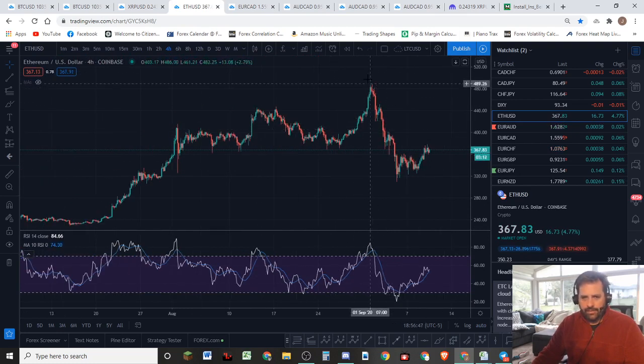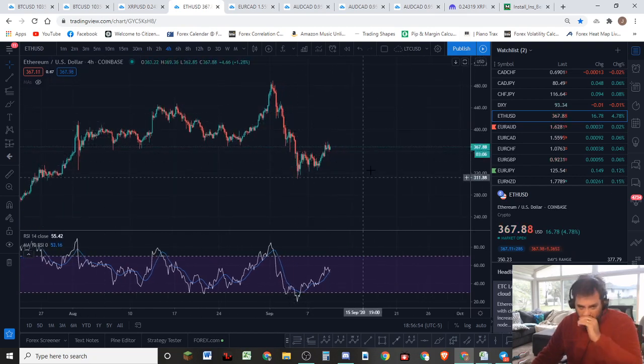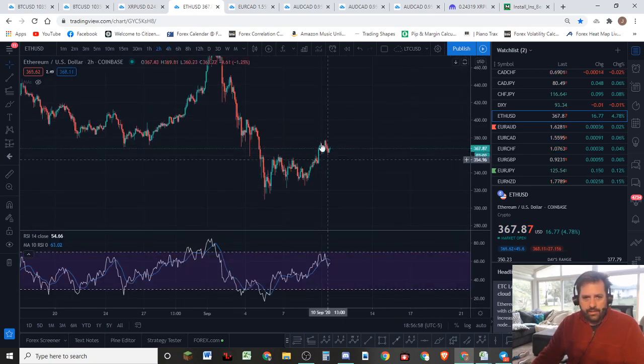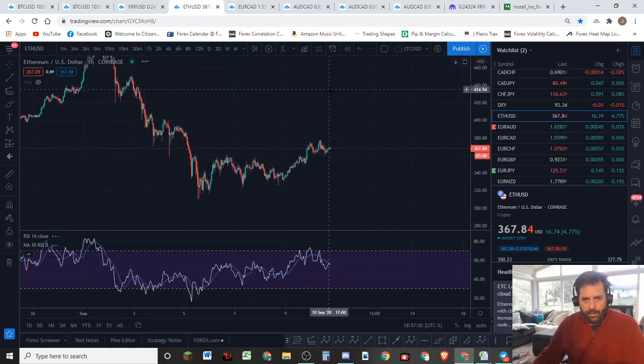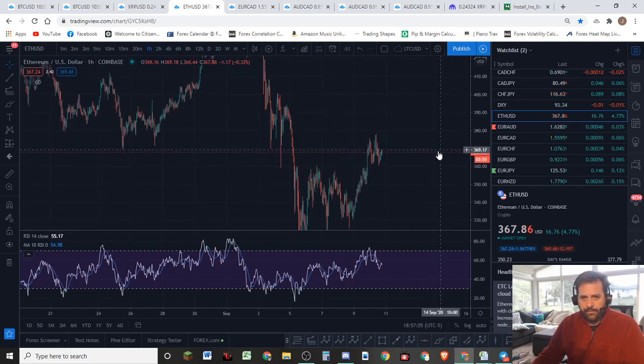This structure, but it's an impulse wave nonetheless. It's pretty strong. And then you've got a nice clear three-wave move that's forming afterwards. Going to the 2-hour time frame, you can see it. Even the 1-hour might be better. Yeah, the 1-hour is giving us a beautiful picture of what that's looking like.